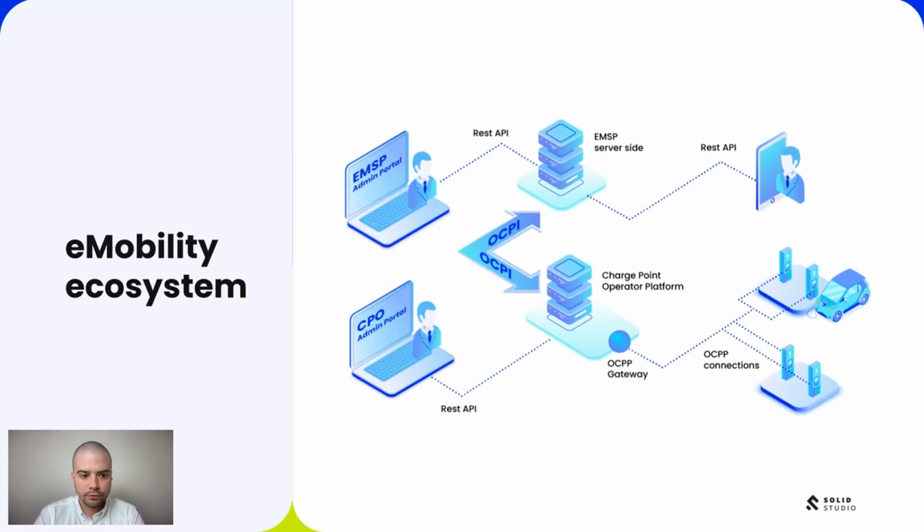But this is from a very high level perspective, so let's dive deeper, because here I'd like to introduce the third extremely important role in the eMobility digital ecosystem, which is open standards. Open standards are the ways and means by which different actors can talk to each other within this eMobility ecosystem. So of course, we've got OCPP, which sits between the hardware and the CPMS for the charge point operators. It allows onboarding any hardware manufacturer to the network, because how the charger talks to the software is unified. It's the OCPP protocol.